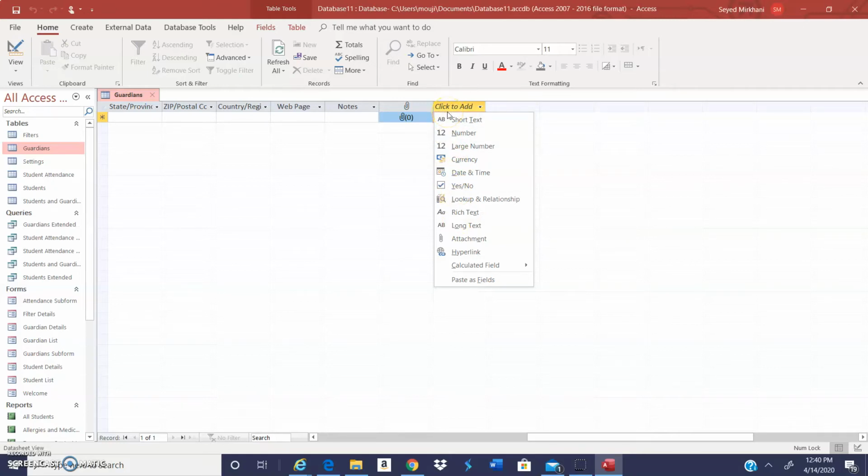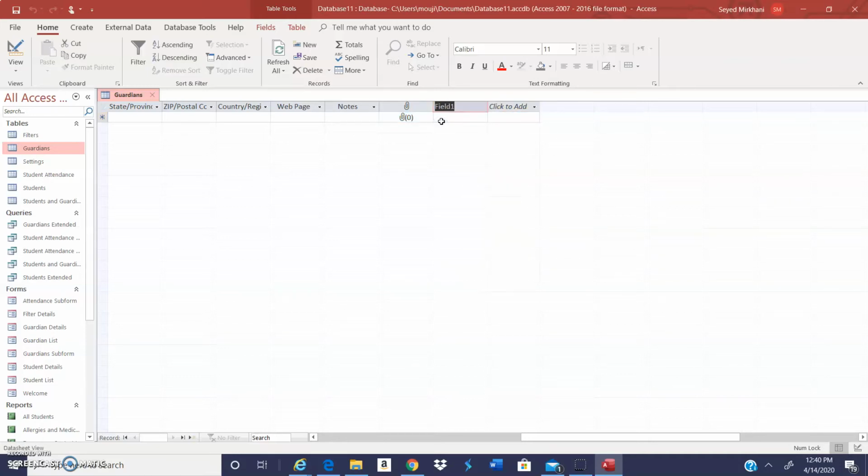Add guardian to the end of the table. Guardian relationship. You know what it wants me to do? It wants me to change the name of this to something else. And here it is, guardian relationships. I click here, field one, and then I will change it to guardian